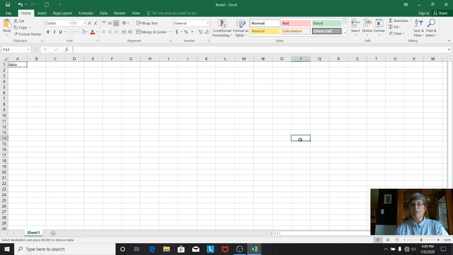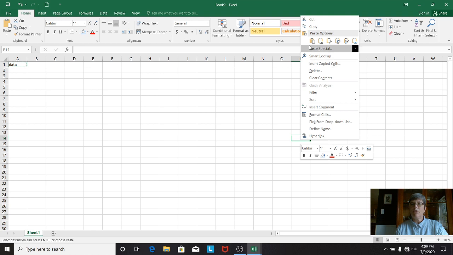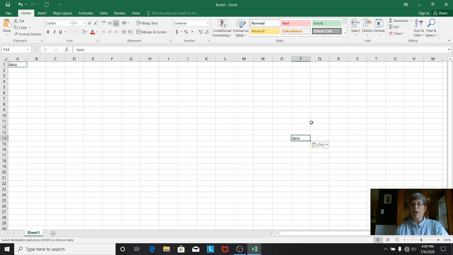You can either right-click it and choose Paste, or you can use the clipboard right here where it says paste, and it will do the same thing. You can also do Control V, which is paste. And here, if you wanted to copy, you can use Control C and copy it to another spot, and then